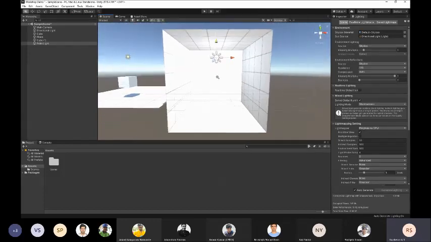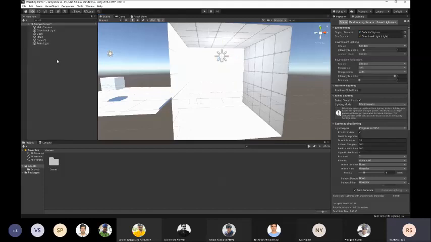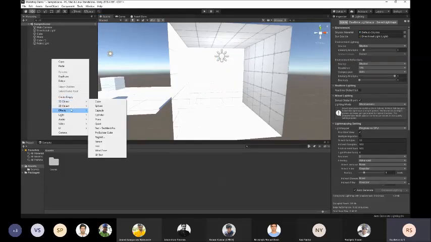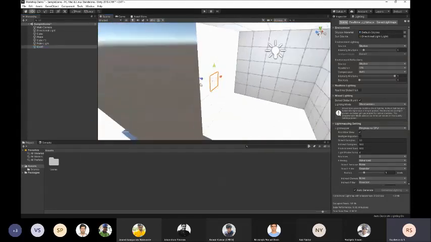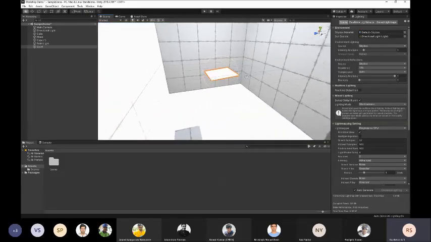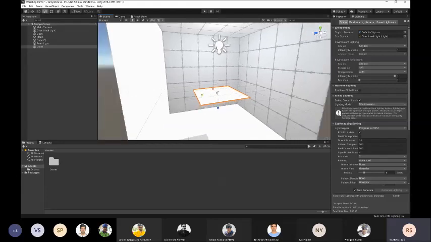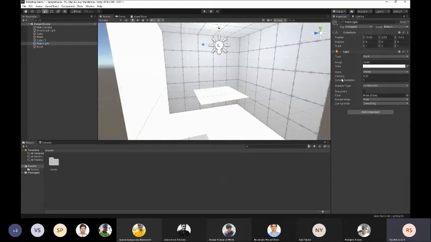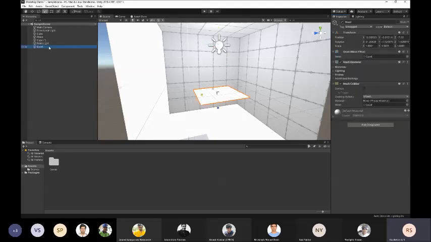So now I'll show you a different kind of light which is called emissive light. Let me create a 3D object, let me create a quad. What emissive light is basically, we emit light from a certain object. Right now we are generating lights by using these point lights with the light component on them, right? So what if we want a specific object to emit its own light? For that we use something called emissive light.